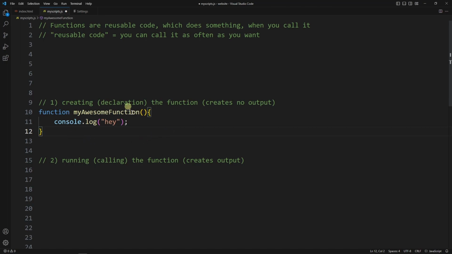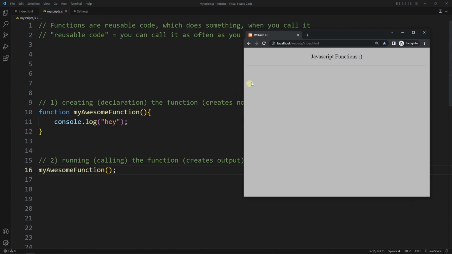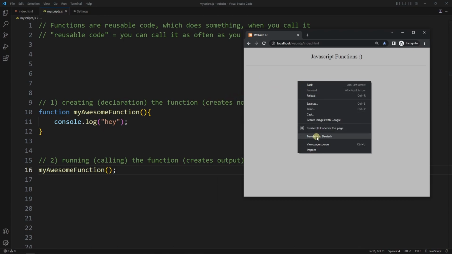And now we already created our function. That's all we have to do. And for calling our function, we just have to write the name of our function, the parentheses, and a semicolon. And now when JavaScript reaches line 16, it sees the name and the parentheses, and it runs this code on line 16. So let's open our browser,